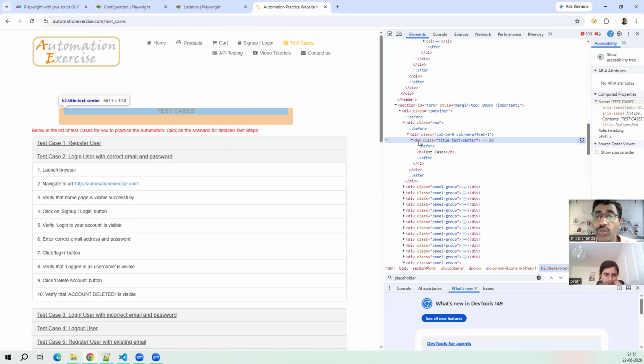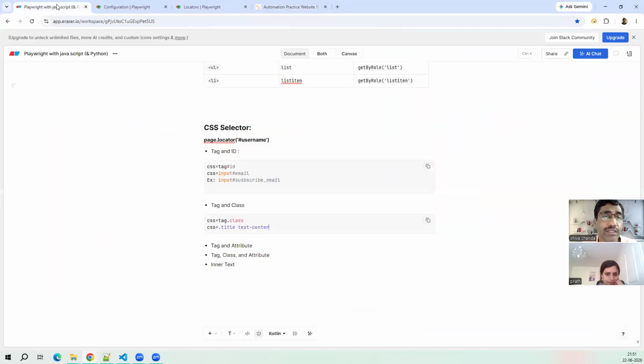It is H2, right? It is the heading. So it means the tag name is heading here. So it is the H2. It is H2 only you have to write. You should not write heading. When you are writing the role only, you have to write like this. So like this, you have to write the title. So for example, if I go to,